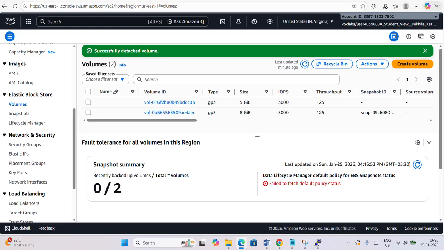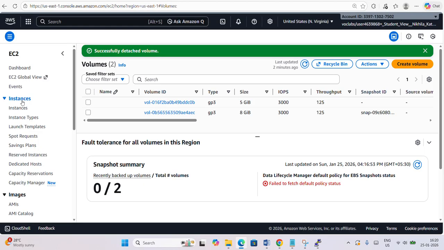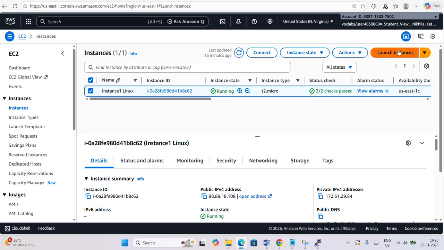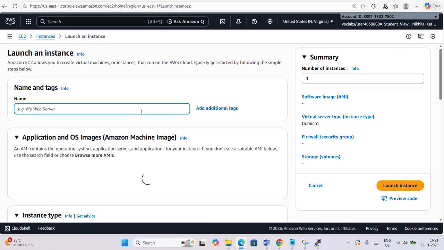Similarly here, we created the first instance, and we created some data in it. We then detached that volume from the first instance, and now we need to create the second instance. So go to instance. You already know how to launch an instance. So create